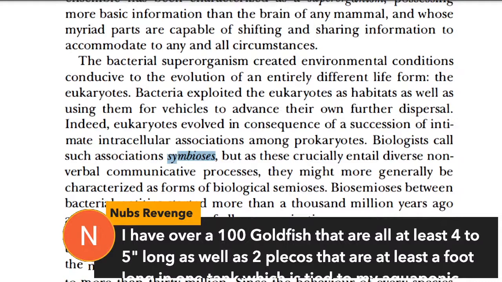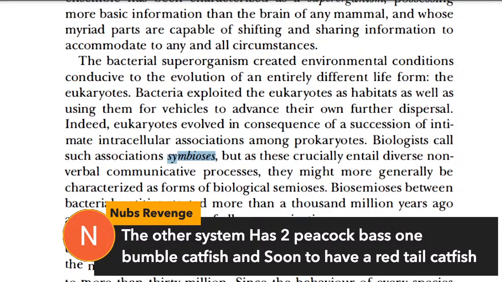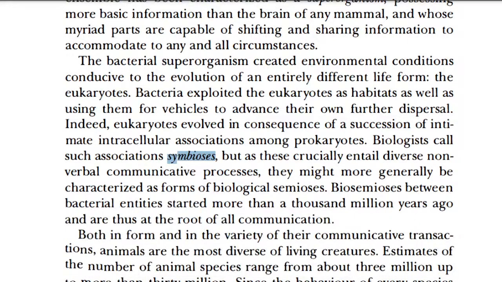Wow, you have 100 goldfish that are 4 to 5 inches long, as well as 2 plecostomuses that are at least a foot long in each tank. So aquaponics, yeah, that's so nice when you get that full cycle going like that. I've thought about doing that kind of thing too. And the peacock bass, nice. Red-tailed catfish, yeah. So interesting thing there to keep that balance going. Some of those systems are so well adapted to ponds and easy environments, I guess, to replicate in the crudest form, that you can actually get a fully symbiotic system going there.